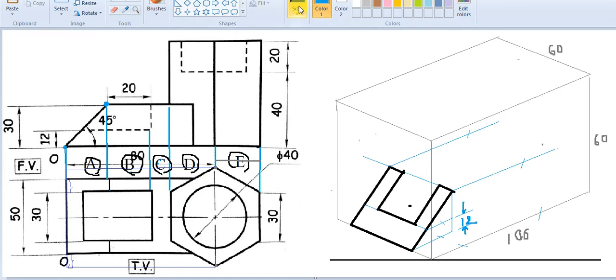Let me highlight it using yellow color. This particular line, however, its length is now known, which is given as 20 millimeter. So from there I will draw length equal to 20 millimeter like this and this. No doubt that these two lines are connected thereafter, so we will connect even those two lines.